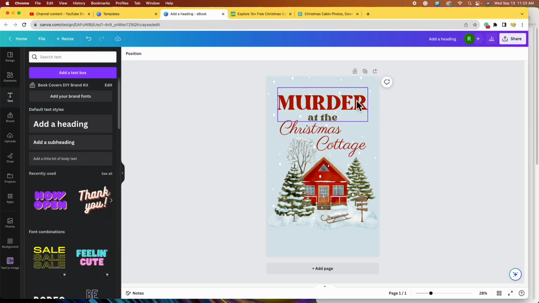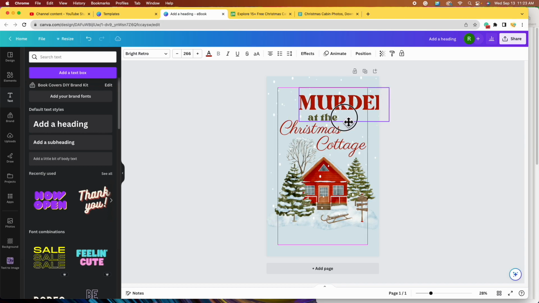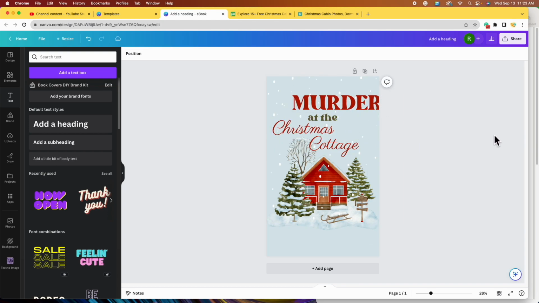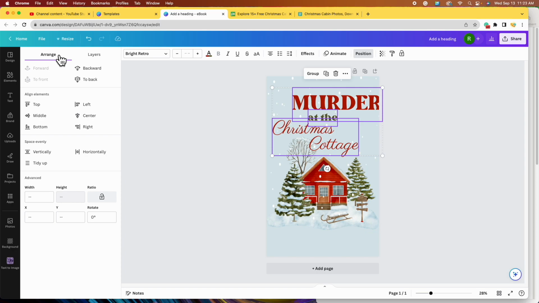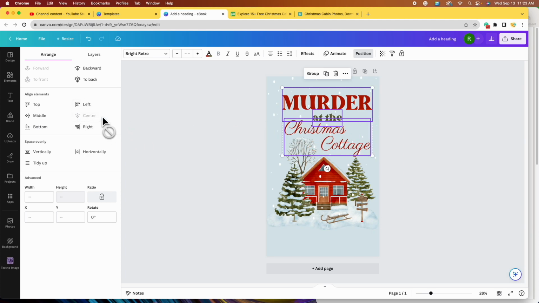Let me show you if I had them kind of moved around and I wanted to center them all. I would click on each text box while holding down Shift. Again, go back up to Position, Arrange, and you can see now it is not grayed out because they are not centered. But watch the text boxes when I click on Center. They're all going to line up. Okay, and so that is a quick way to make sure all of your text boxes are aligned. If you wanted them aligned left, you would do the same there, or to the right, but I want them